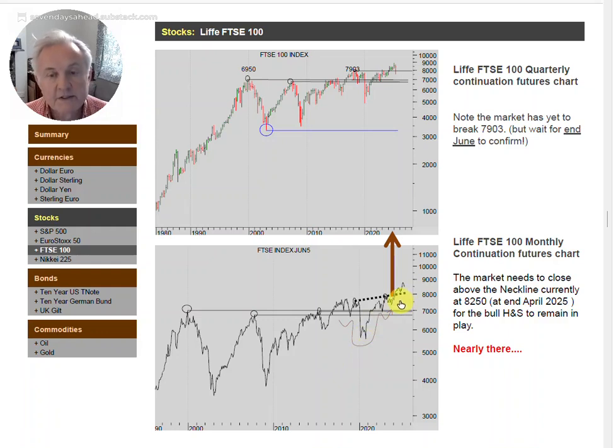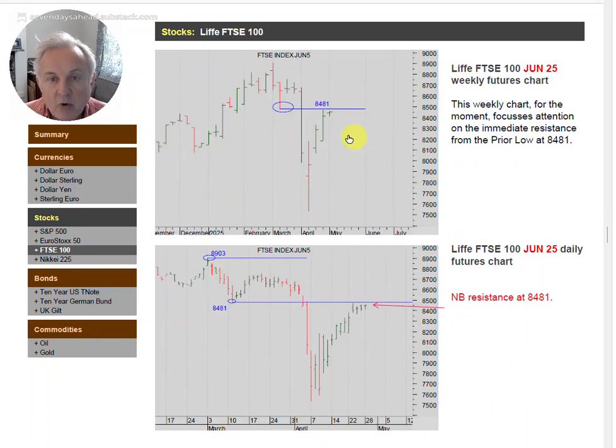All these markets were bullish before the sell-off and remain bullish for the moment now. Note the quarterly chart. Obviously, now we're running to the end of the quarter, end of June, which is still 2 months away. The market pushed down and then bounced back well above that critical level of 79.93. So that's all intact. Let's look more closely though.